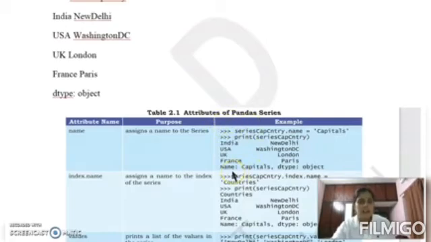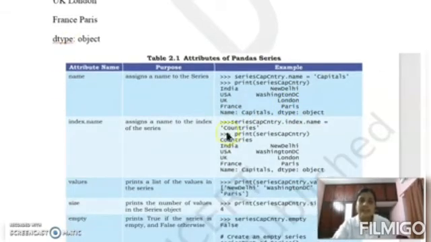And the last statement is name. Name is capitals, because by using the attribute name, we renamed this Series as capitals. And the data type is of course object. Next is